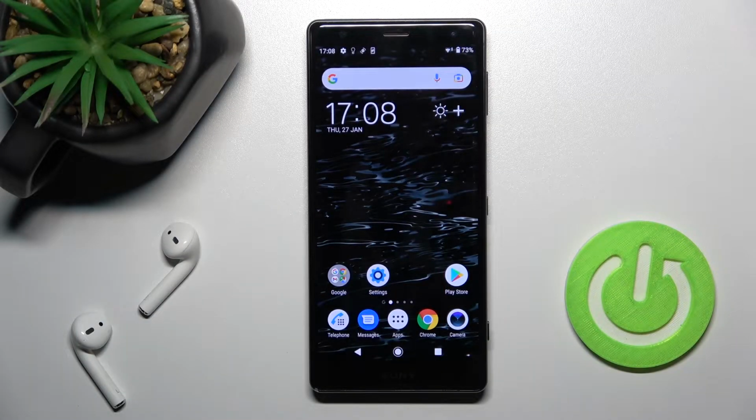Welcome! Today in front of me, SONY Xperia XZ2, and I'll show you how to change home screen transition on